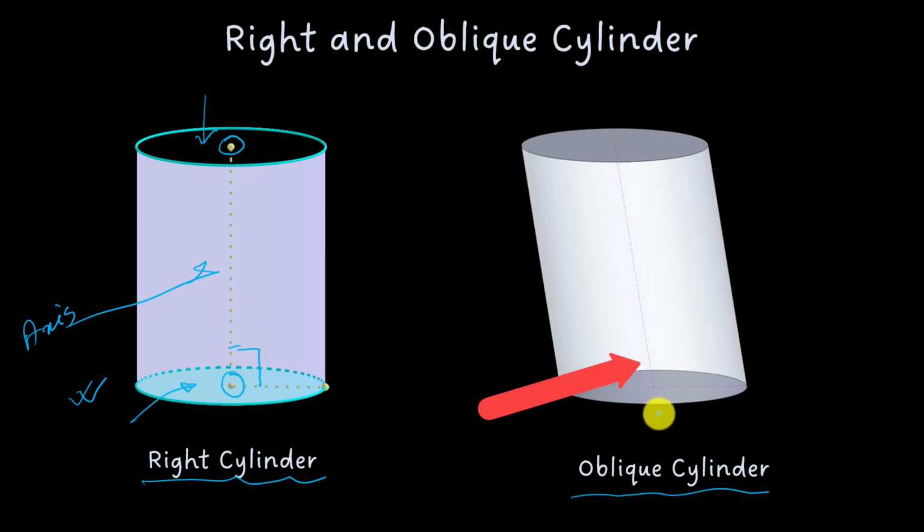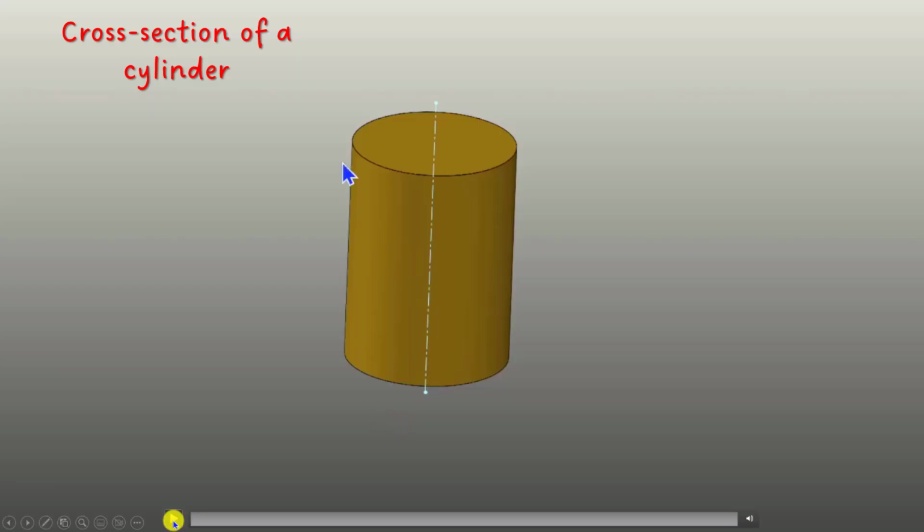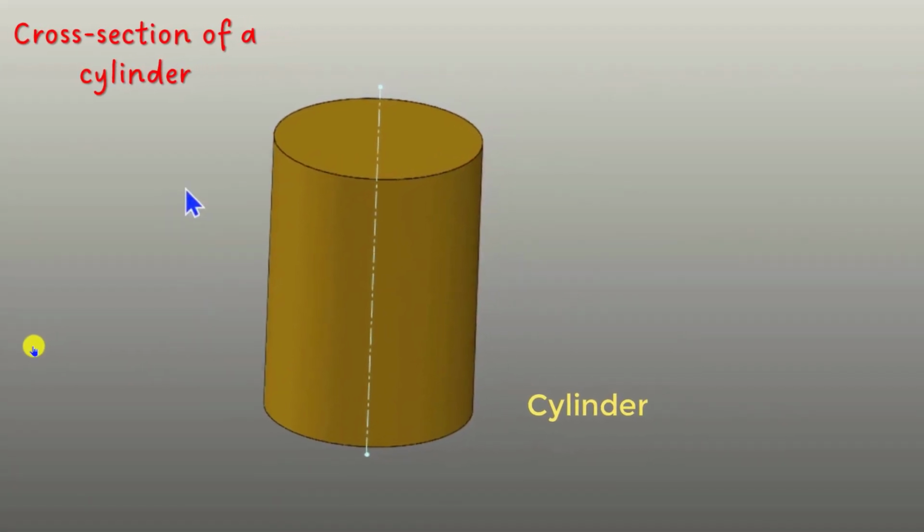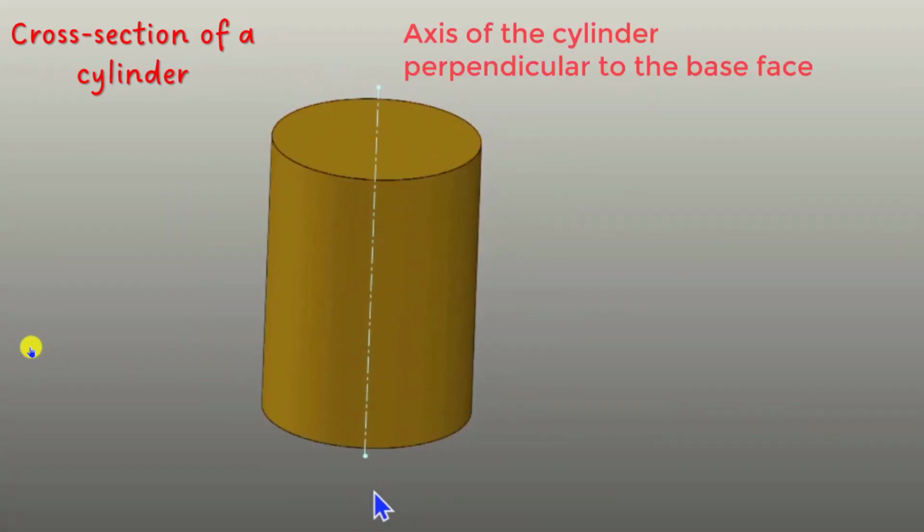And in the case of an oblique cylinder, you can see the axis is not at a right angle to the plane of the base, so this is called the oblique cylinder because the axis or side of the cylinder is in an oblique or slanted position. Now the cross section of a cylinder. This is a cylinder and this is the axis of the cylinder,